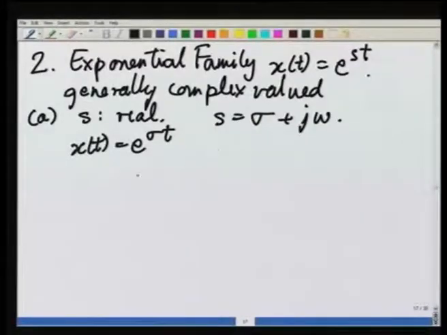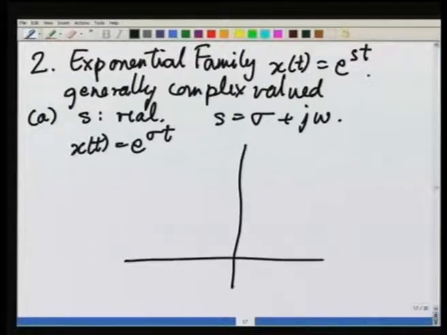Suppose we choose sigma greater than 0. Let us make a big graph over here. This is time, the axis on which we will plot these various functions. Suppose we choose sigma greater than 0. We will call this, say, sigma 1. We will plot functions here for different values of sigma. Let us say sigma 1 greater than 0. We might get a function like this.